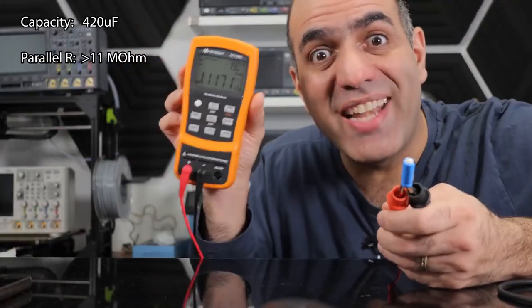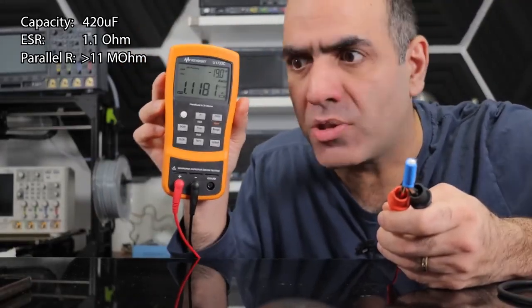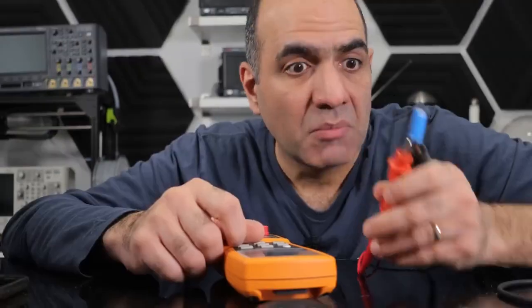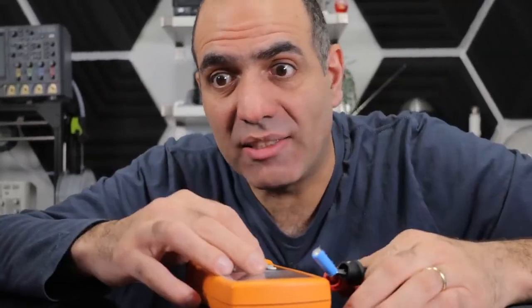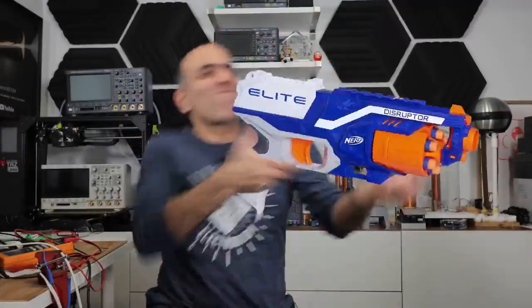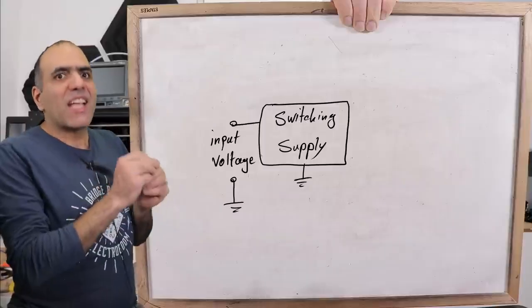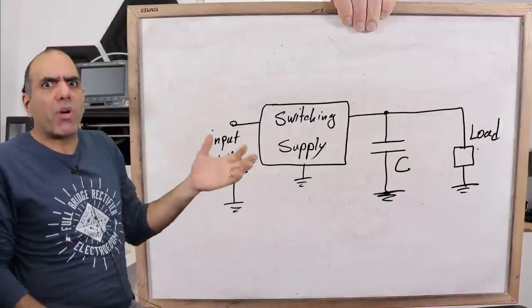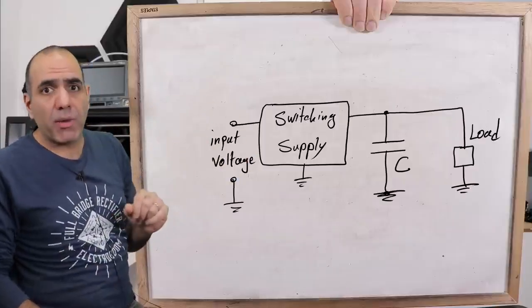And the ESR now is 1.1 ohms, over 10 times what it was before. I mean, it takes a lot of talent to be able to half break a capacitor after how many minutes now? So it is still a 420 microfarad capacitor, but it is capacitating much less than before. Still not a word! The lower capacitance and higher ESR is a problem for almost every power supply where the